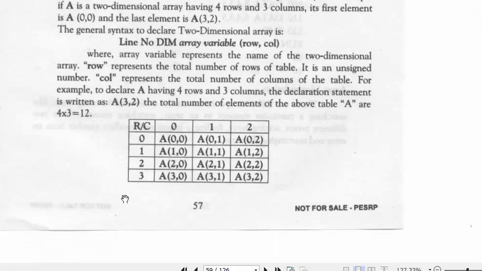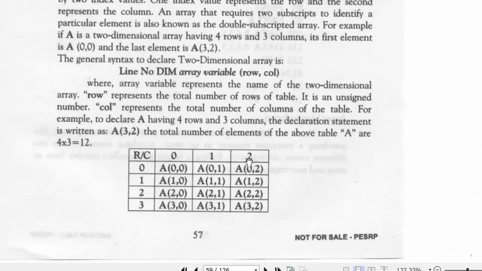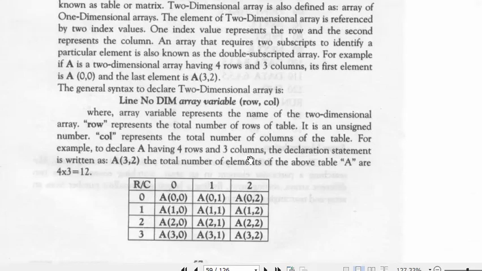If you remember the matrix, how we define the matrix locations: row, column. Here it is 0,0. Here it is 0,1. Here it is 0,2. Here it is 1,0, 1,1, 1,2, 2,0, 2,1, 2,2 and 3,0, 3,1 and 3,2. This is the way we define a matrix, and in the same way we define the 2D array. The above table has 4 rows and 3 columns. It can be read and processed in a two-dimensional array.